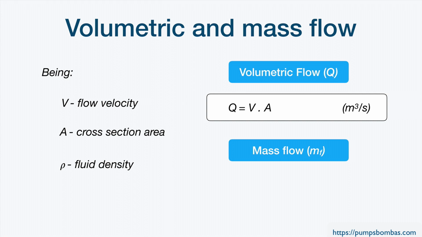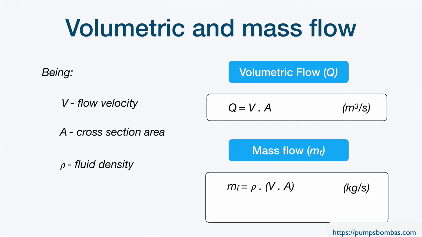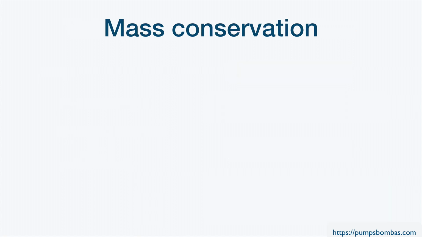And mass flow, F, is equal to the multiplication of density by, between brackets, velocity multiplied by area. Of course, the units of mass flow are kilogram per second, unit of mass divided by time. Since the multiplication of velocity by area is the volumetric flow Q, we can calculate the mass flow as the product of density by the flow rate Q. Regarding the mass conservation law,